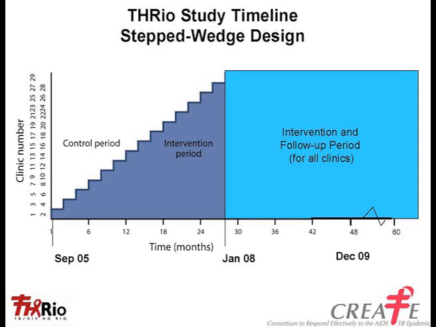And this is a big distinction between clinics being in an intervention phase and individuals being in intervention phase. We'll get onto this later. But it's a classic problem with cluster randomized trials. Things are happening at 2 levels, the cluster and the individual. So the clinics are coming in. They're in intervention period. They've got a control period for the ones who aren't in yet. And we had a lot of follow-up period as well later on. We didn't actually use all of that follow-up period for the main analysis. But we'll talk about the use of that intervention period in a little while.